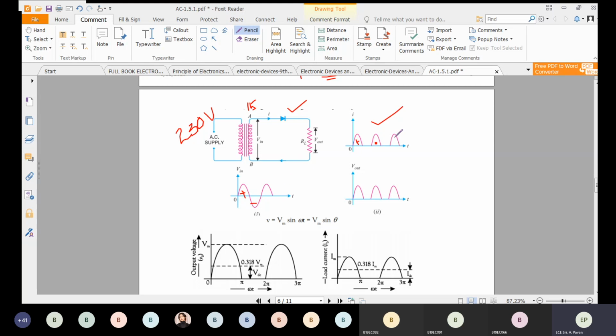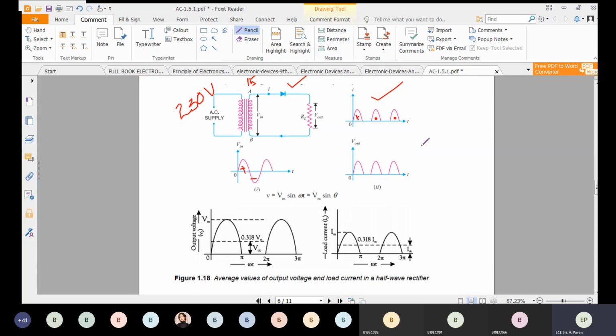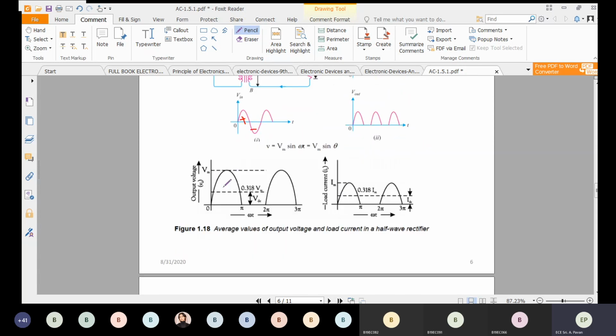For the third positive half cycle, as it is positive, the diode is forward biased, and we will get the output. So this is the output of a forward biased diode, right? Now see here, this is the voltage. We will get the output waveform only for the positive half cycles. Why? Because only positive half cycles make the diode forward biased. That's why we'll get the output only for positive half cycles. All the negative half cycles will be eliminated because during the negative half cycle, the diode is reverse biased. So this is the output we're going to get.